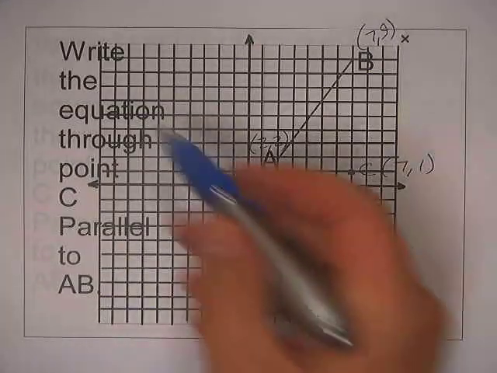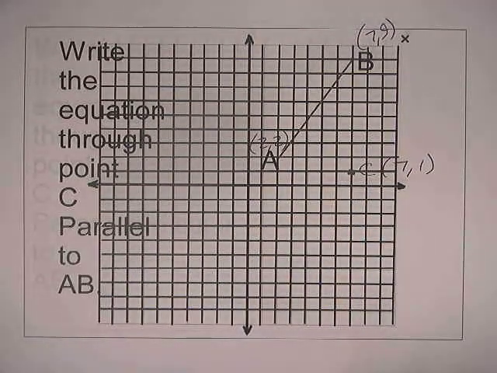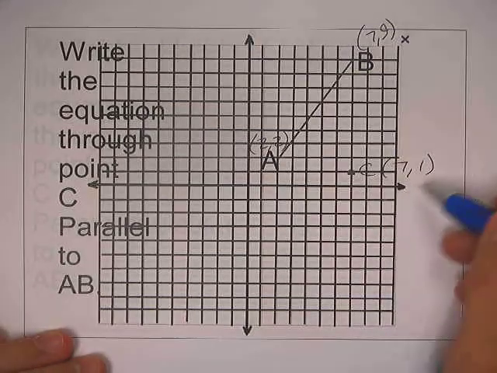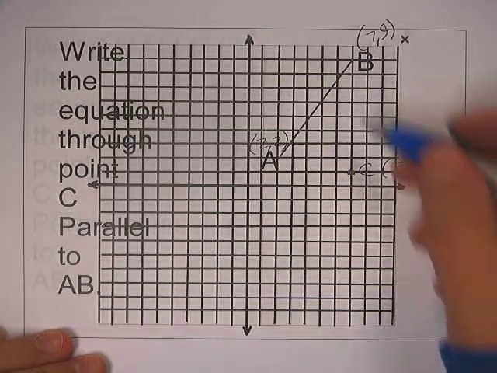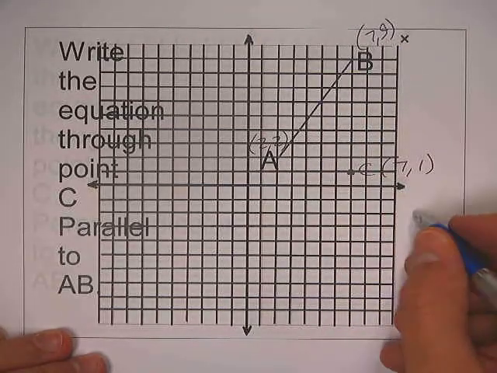Part 3, we're continuing. We're writing an equation through point C parallel to AB. Okay, so first of all, we need to figure out two things. We have the point that we're going through, and we need to figure out the slope of this line. Okay, get slope